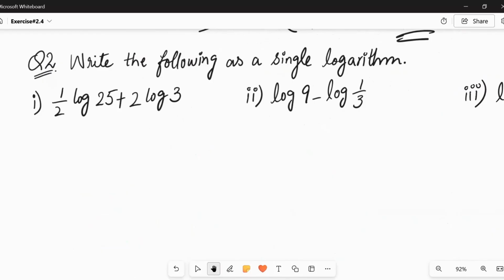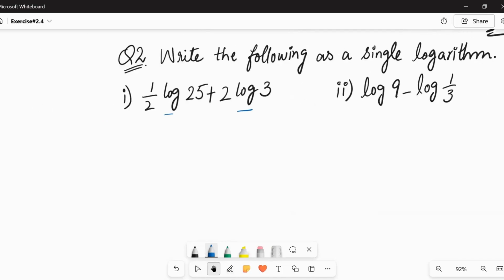Rabbi Zidni Ilma. So question number 2 of exercise 2.4 says: write the following as a single logarithm. हमारे पास यहाँ पे क्वेश्चन में, if you notice, कि आपके पास यहाँ पे दो log गिवन हैं, तो आपने इसको सिंगल लॉगरिथम में कन्वर्ट करना होगा. बिफोर सॉल्विंग दिस क्वेश्चन,